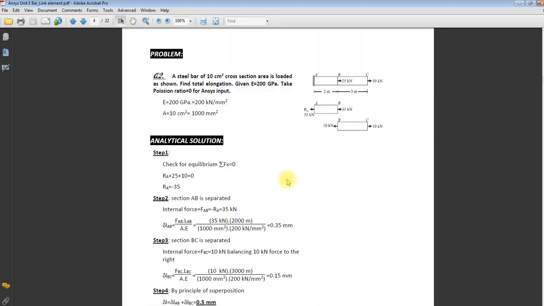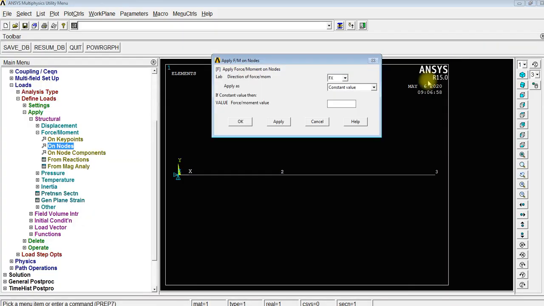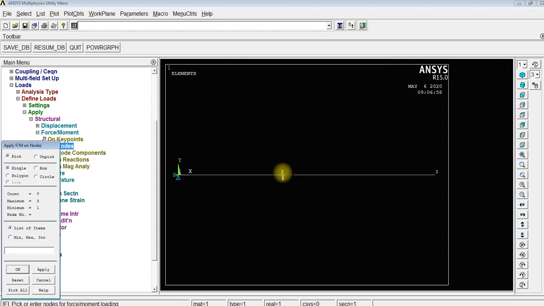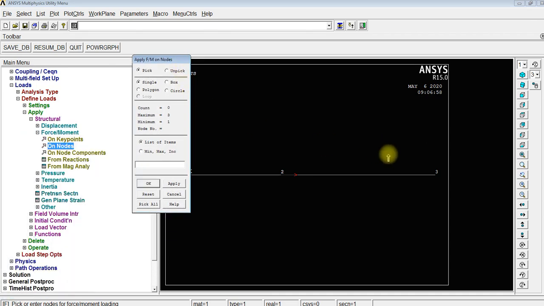Its value is 25 kilonewton, 25000 Newton. Apply. This small arrow indicates its value. Now we will apply load on this point.